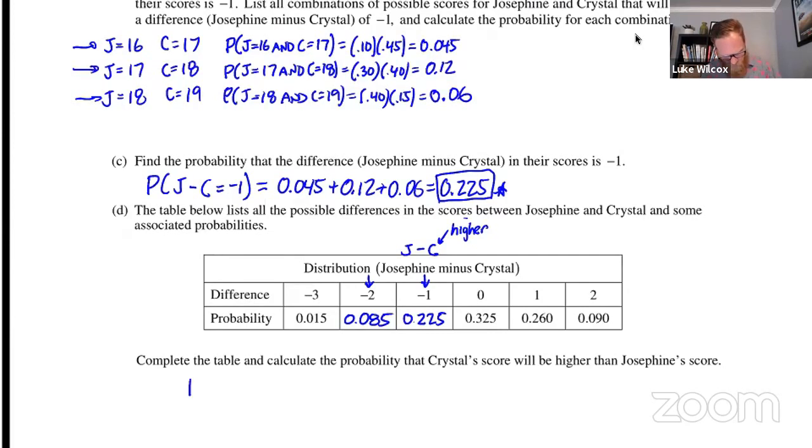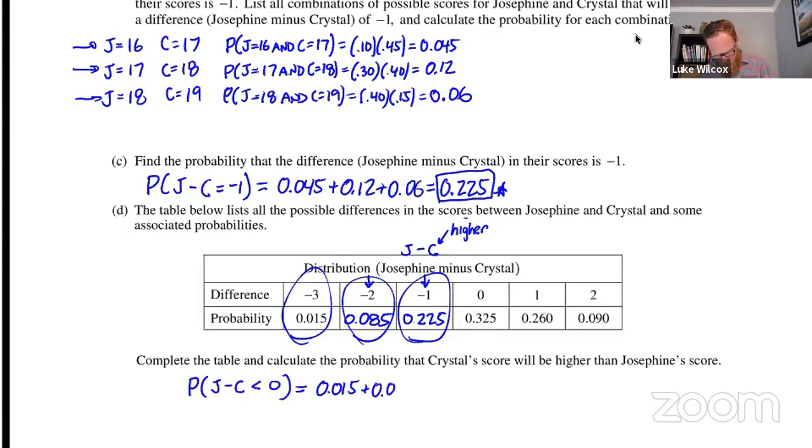So what I'm really looking for here is the probability that J minus C is negative, or less than 0. Looking at my possibilities, for negative values I could get a difference of -3, -2, or -1. Those are the 3 possibilities. They are all mutually exclusive, so we simply need to add those 3 probabilities together. 0.015 plus 0.085 plus 0.225 gives me a final answer of